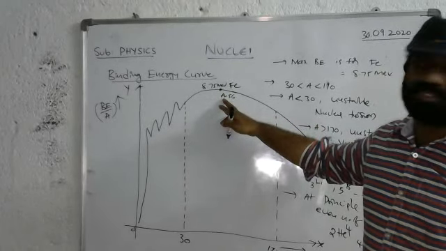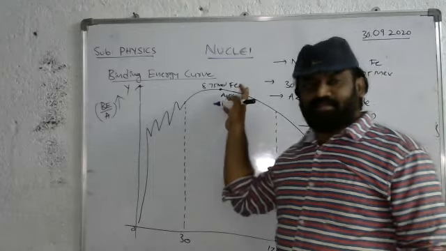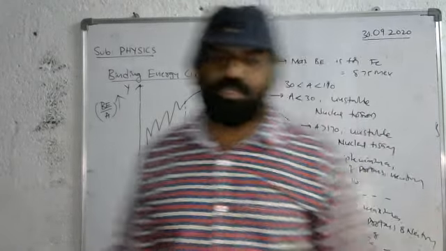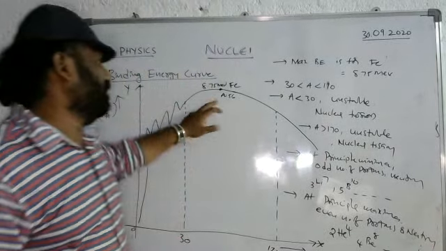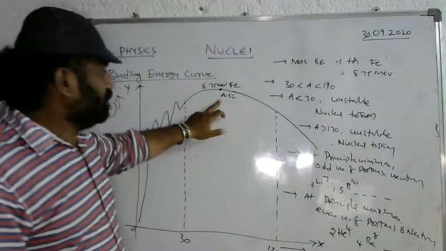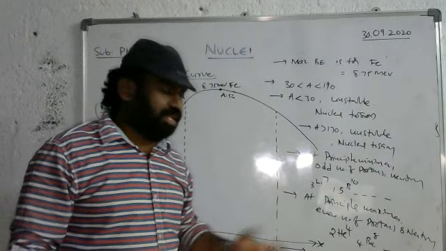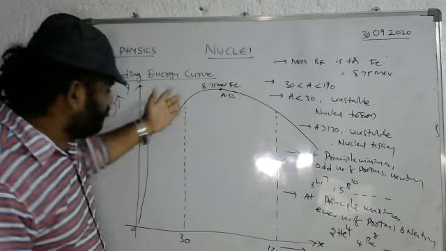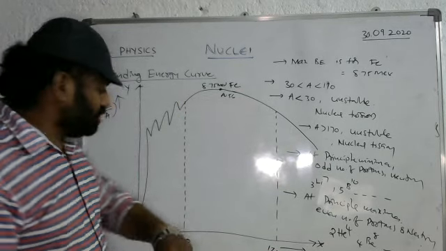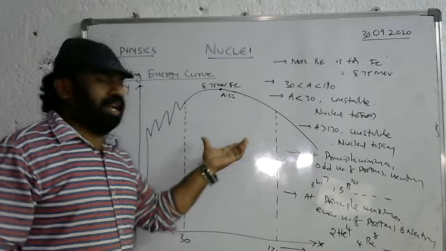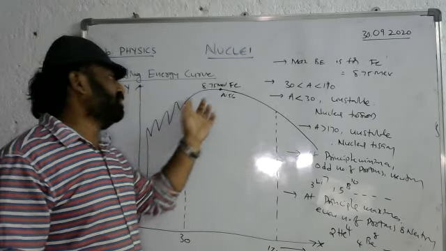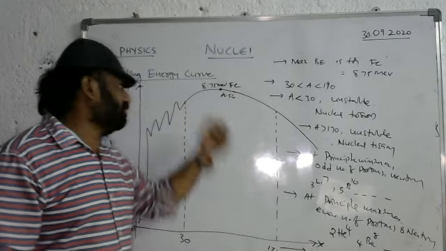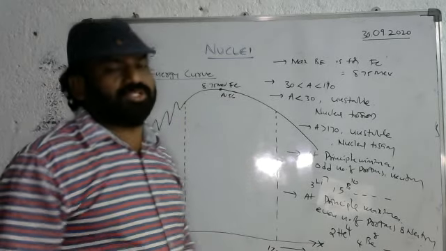The corresponding mass number is 56. The element is iron, which is the most stable in nature. So the graph has a maximum at mass number 56, and then it gradually decreases. The binding energy curve is at a maximum for mass numbers between 30 and 170, so those nuclei have very high stability. Nuclei with mass numbers between 30 and 170 are more stable.